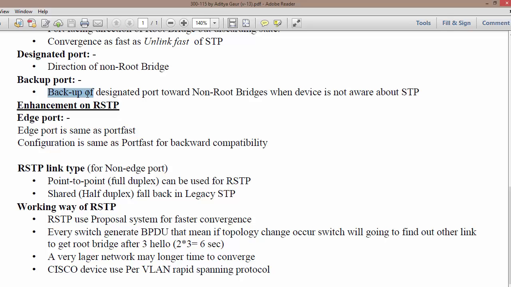So the backup port is also a backup of the designated port, in the direction of non-root bridges, and it applies when the device is not aware of spanning tree protocol. I think the line is not enough to make you understand. That's why I would like to show you this practically in Packet Tracer, because I do not have any device that I can connect to my topology to show you the backup port. So that's why